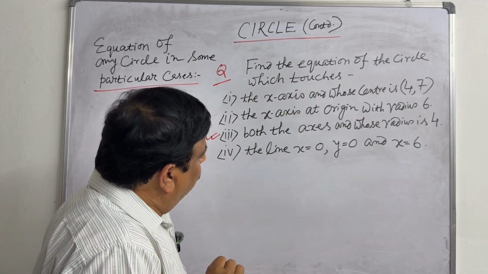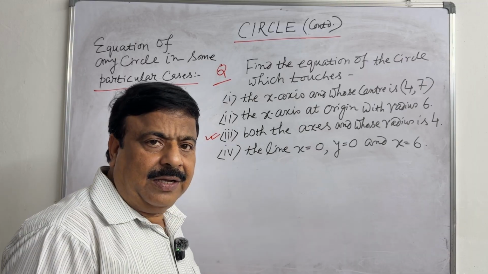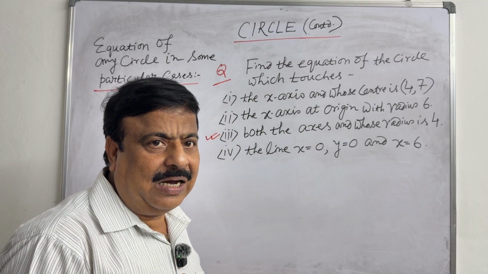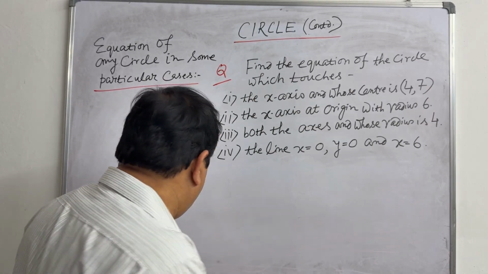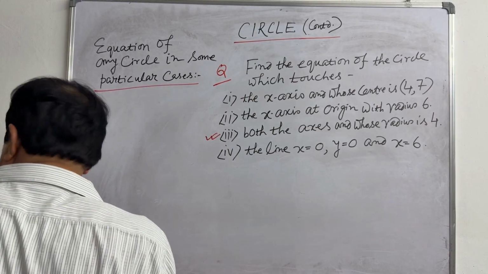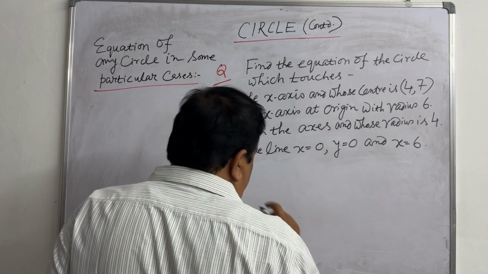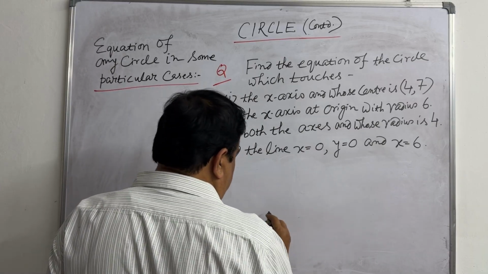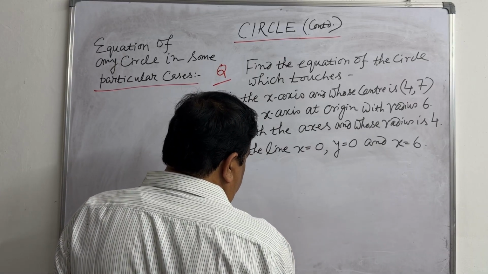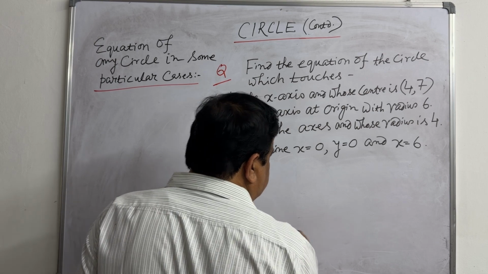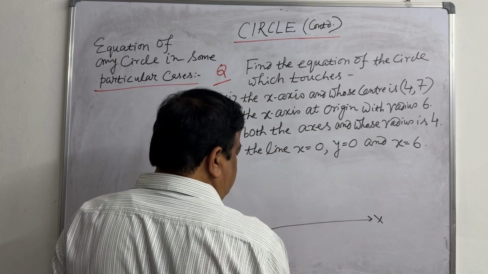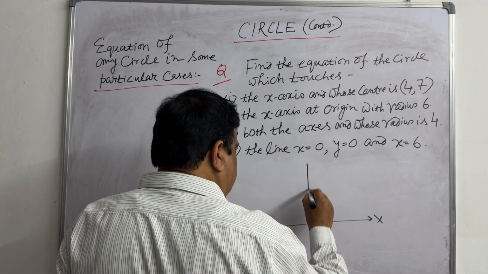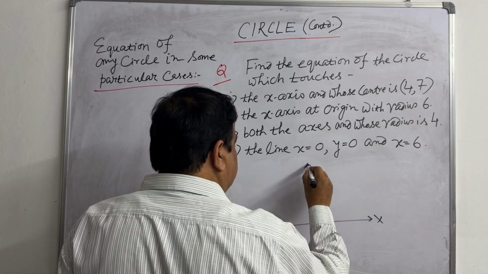So here both the axes are the tangents of the circle. Okay, so draw the circle first. Say this is your x-axis and this is your y-axis. Okay,